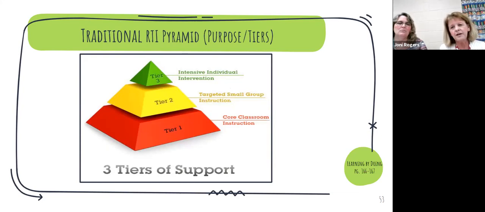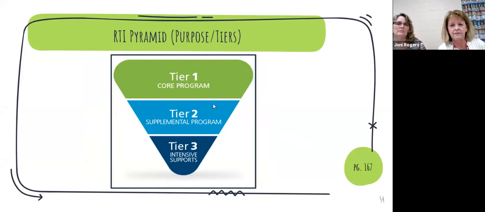And also I know that RTI is not just to place students in special ed, it's to reach those students while they're in the classroom and meet them where they're at and bring them up to as close to on grade level as you can, or even beyond with enrichment. I'm going to go ahead and click to what the pyramid looks like for the PLC process. They basically have just flipped the pyramid so that the whole group, the classroom is on the top. That's where all of the students are.